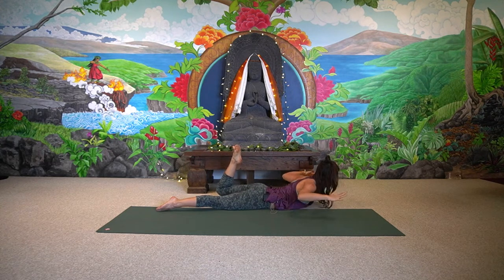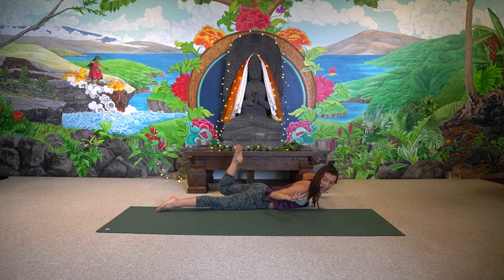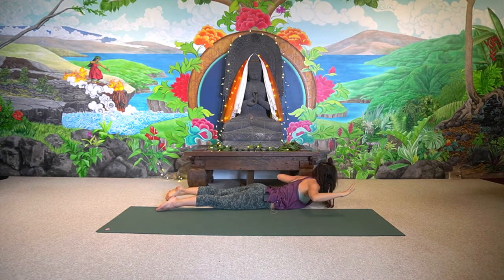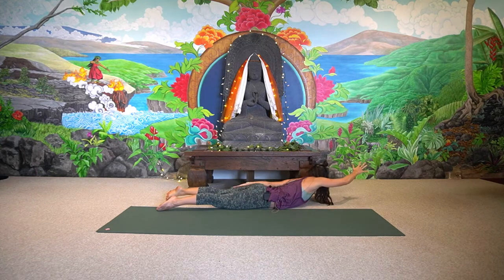And then hover the arms and start to C-curve to the left. So opposite direction to what knee is bent. Gaze over the left shoulder. And then lengthen the right leg out. Lengthen the arms out and C-curve to the right, letting the right arm slide down the right side of the